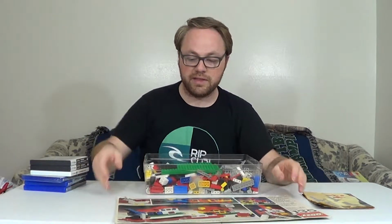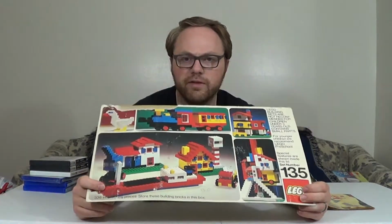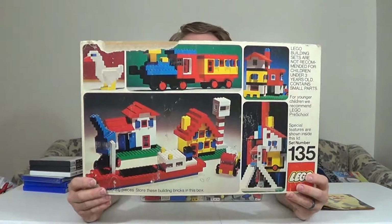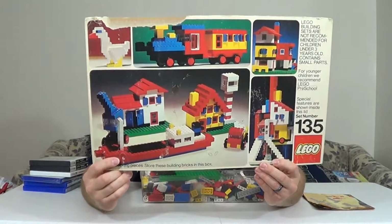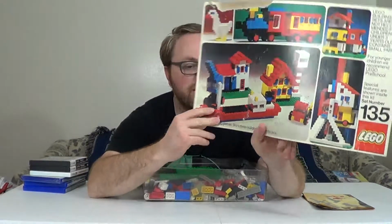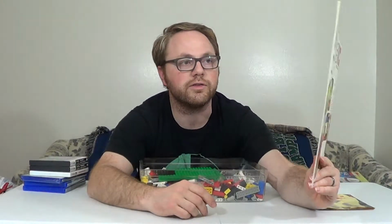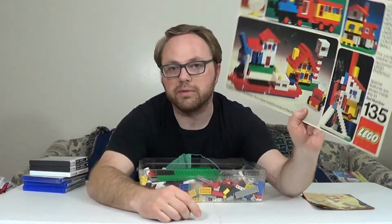And then underneath it I saw this sitting here. This is like the cover flap for the box for this set. This is set 135, and it's just a bunch of pieces. There's a house that you can build from this. There's a duck, a train, lots of sorts of stuff you can build through this. I looked this up. This set was released in